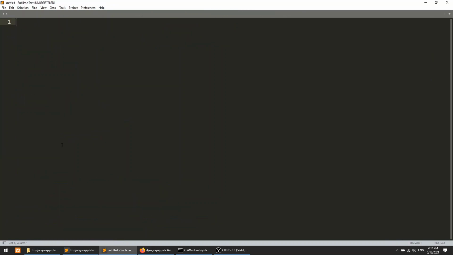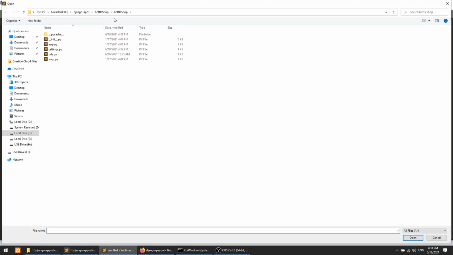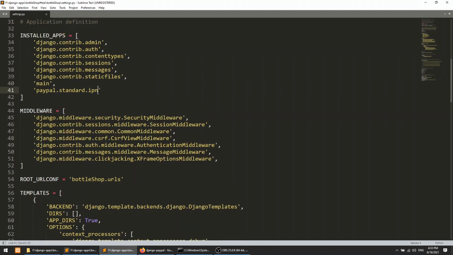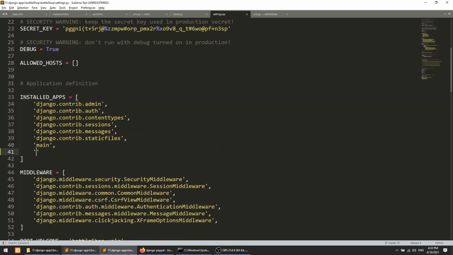In my test section I have already implemented that, so I will open that. In this settings.py file, after installing the package, you need to add paypal.standard.ipn into the installed apps.